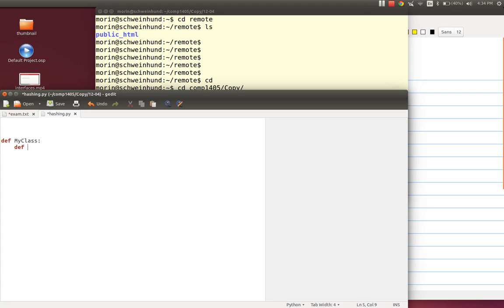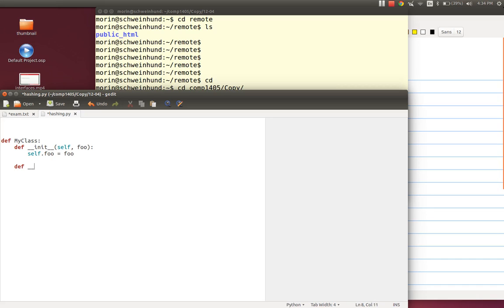let's define a little class that'll store some value. Let's call it foo, and say self.foo equals foo. So when we create one of these things, it'll have a property called foo that you specify when you create it.